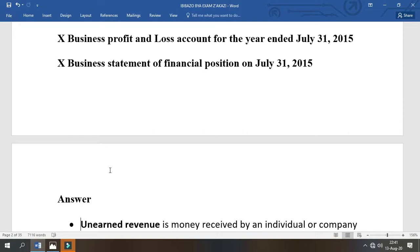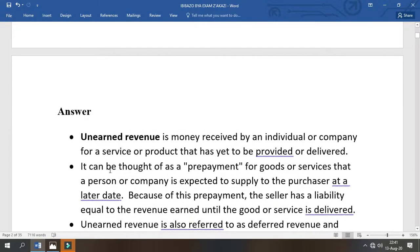Dear friend, dear followers of this particular TV, unearned revenue is money received by an individual or company for services or products that have not yet been provided or delivered. For example,